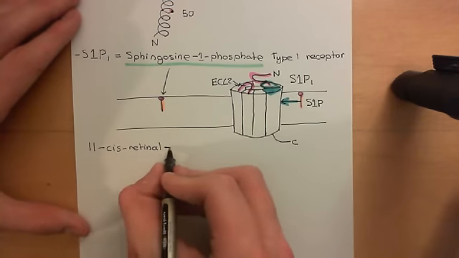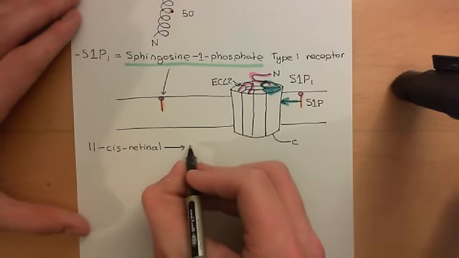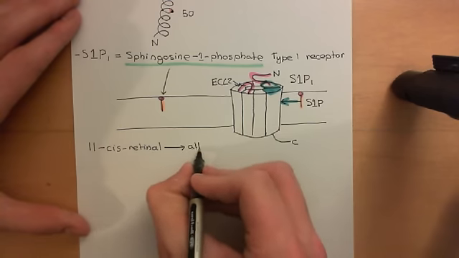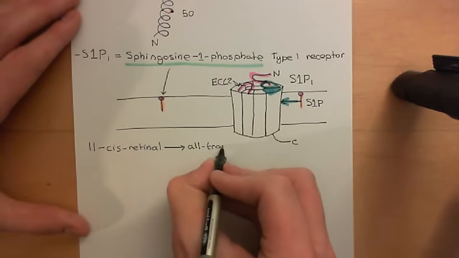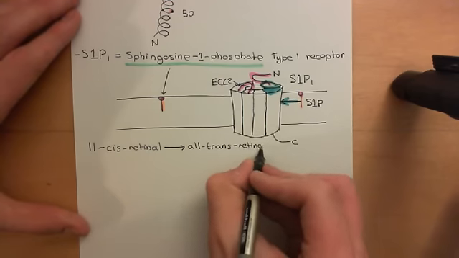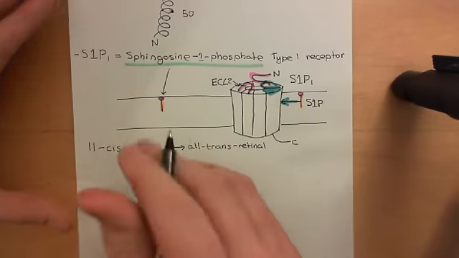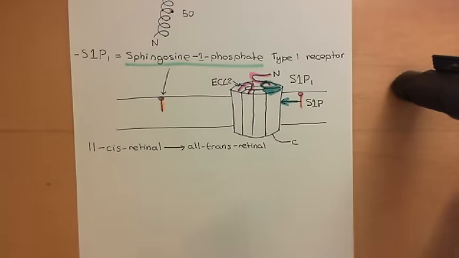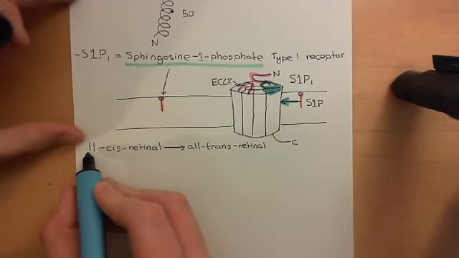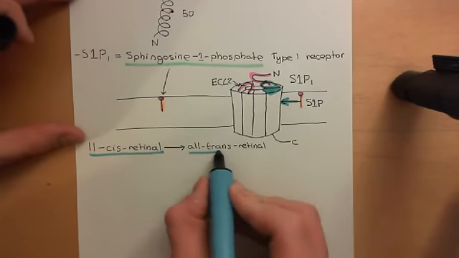Instead, when a photon of light hits the 11-cis retinol, it will photoisomerize and turn into all-trans retinal. And all-trans retinal can now activate the rhodopsin receptor, causing a change in conformation that allows the rhodopsin receptor to interact with heterotrimeric G proteins, and we'll see the heterotrimeric G proteins, the transducing proteins which rhodopsin interacts with,